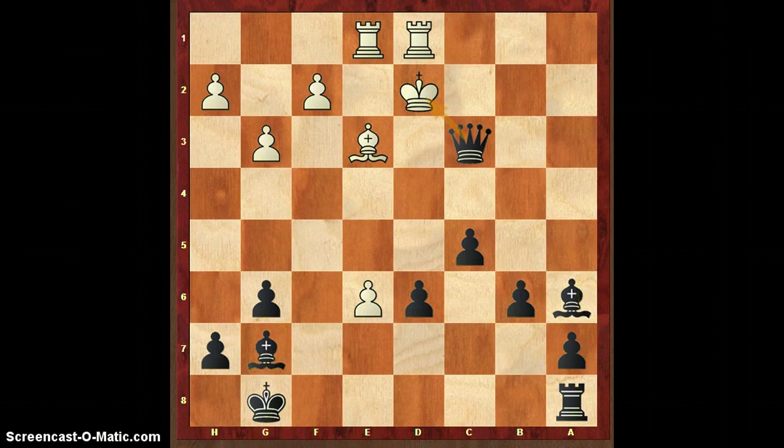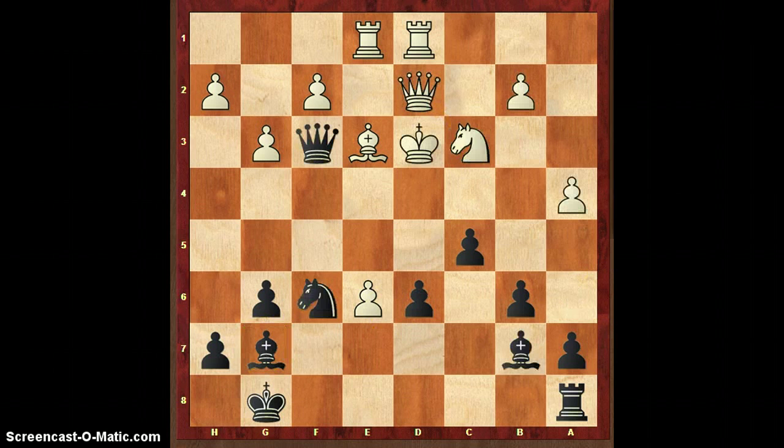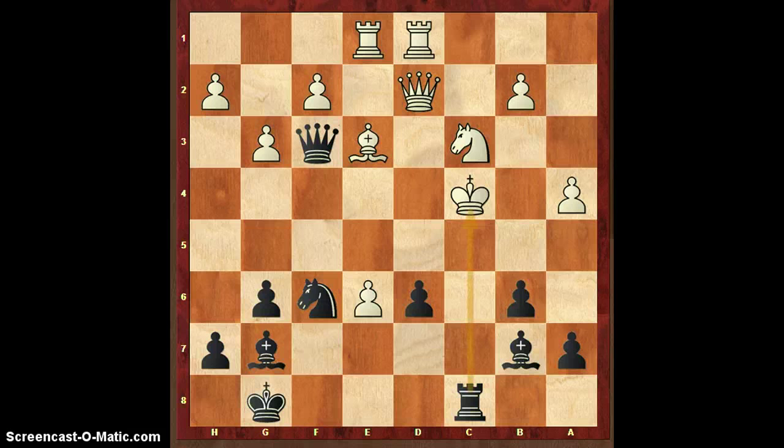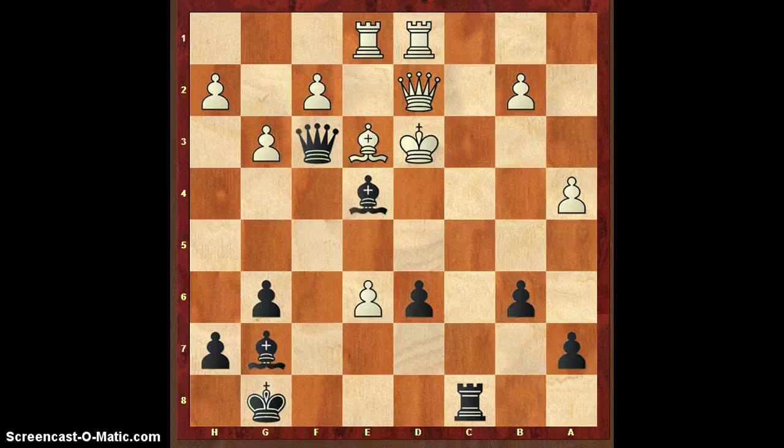Second line, if Rashid played c4 and king takes on c4. If king takes, then rook to c8 check, and if king goes to d3, then knight to e4, first attacking the queen, knight takes knight, bishop takes knight, checkmate.